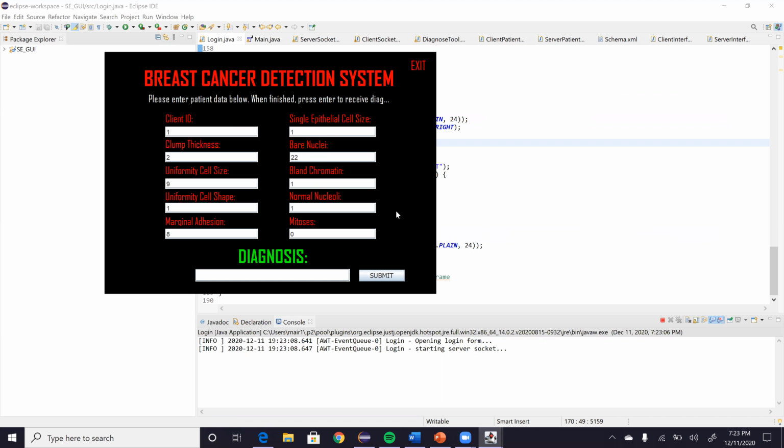Now, let's look at the console first. So as per the logger, we see that we opened the login form and we started the server socket, which enables other clients around me to also be able to connect to me. Now, if I submit,